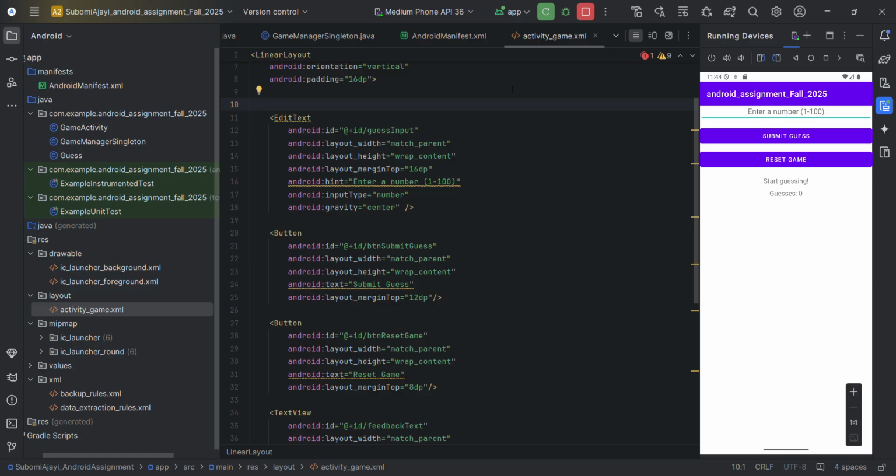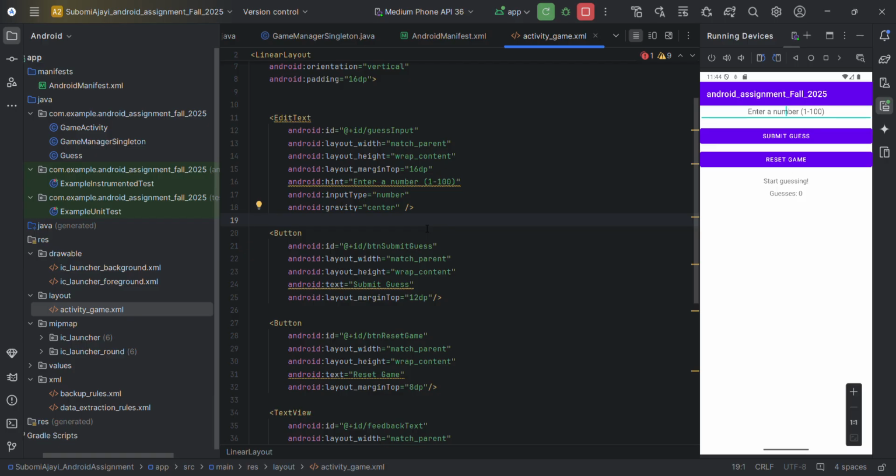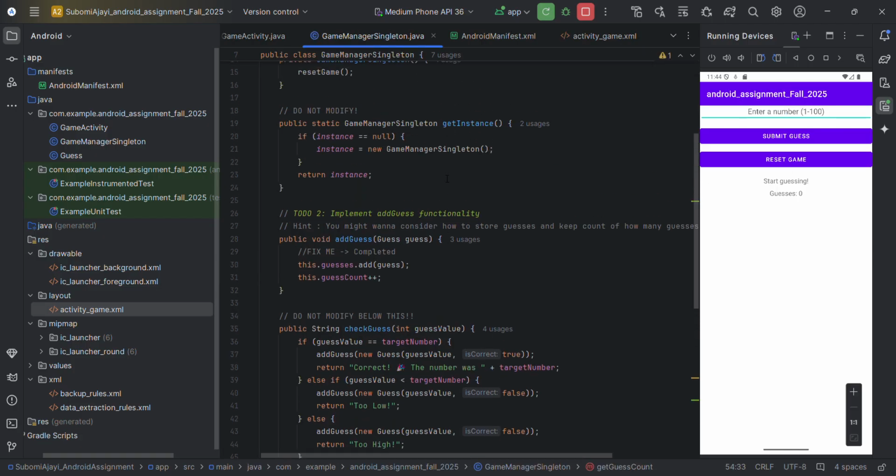So for to-do 5, we were told to create an edit text for the user input. So I gave it the ID guess input, right? And set the input type to number to bring up the numeric keyboard, and added a hint for the user as well. And then in Game Manager Singleton, to-do 2, we were told to implement the add guess functionality, right? So my solution adds the provided guess object to the list of guesses, and it increments the guess